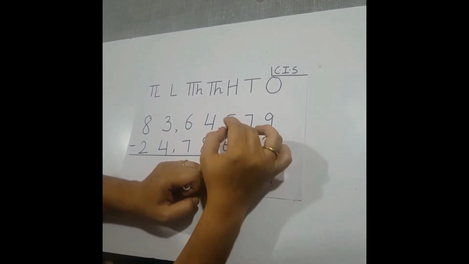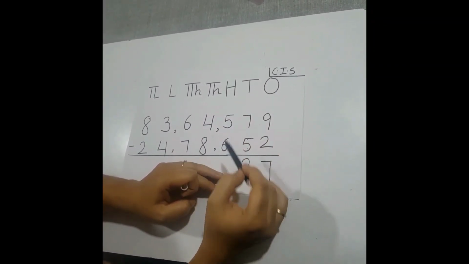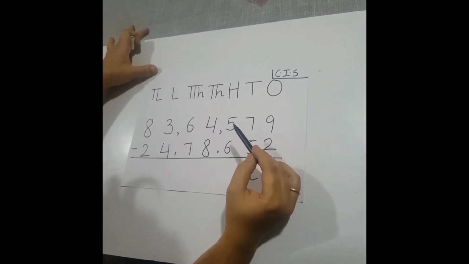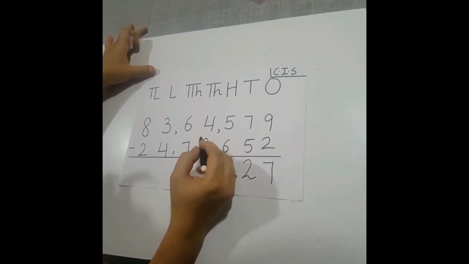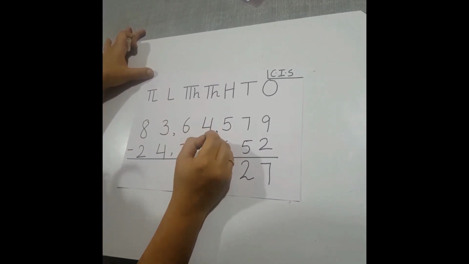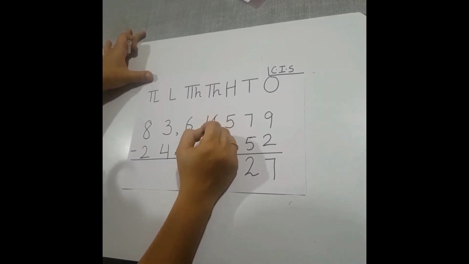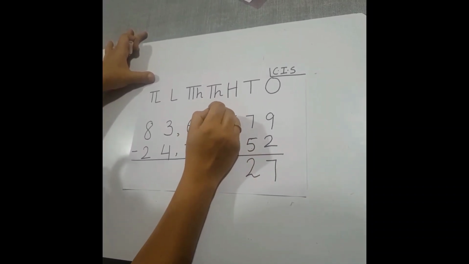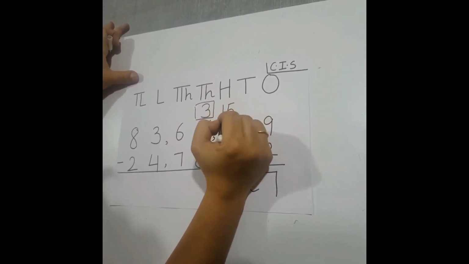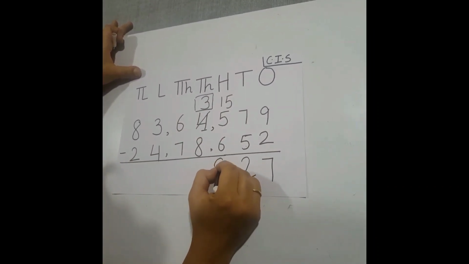Now we'll come to the next higher place value. From 5 we cannot subtract 6 because 5 is smaller than 6. So what we will do here, we will borrow. Here comes the concept of borrowing. We will borrow from the next place value, that is from 1000. Here we have 4 at thousands place, so we will borrow from 4. So 4 will be reduced by one digit, that is 4 will become 3, and this 5 will become 15. Now from 15 we can easily subtract 6, that is 15 minus 6 will give you 9.